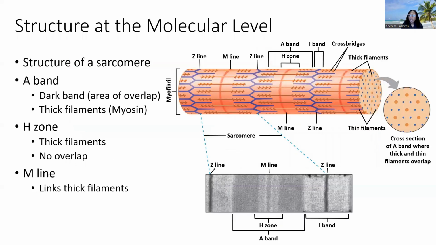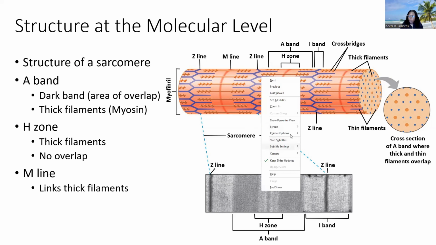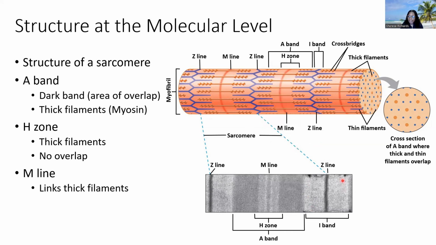When we get to the histology and the banding and staining patterns, definitely know what structures are formed within each of these bands and zones. For example, the I band is only thin filaments, or actin filaments. So that's what's going to be a little bit lighter staining. It's also going to be around the Z line. If you look at the histology at the bottom here, we can see that the lightest staining region of the sarcomere is where we have the thin filaments only,